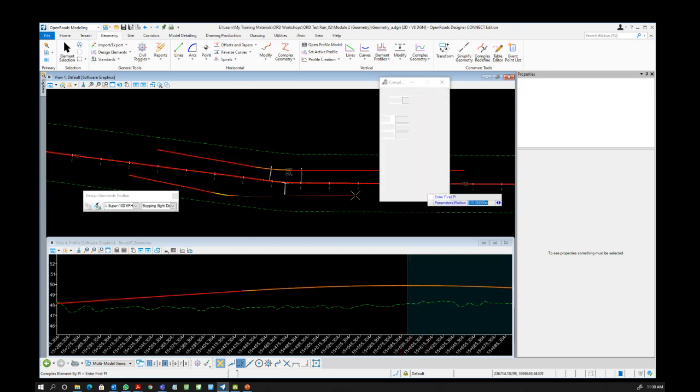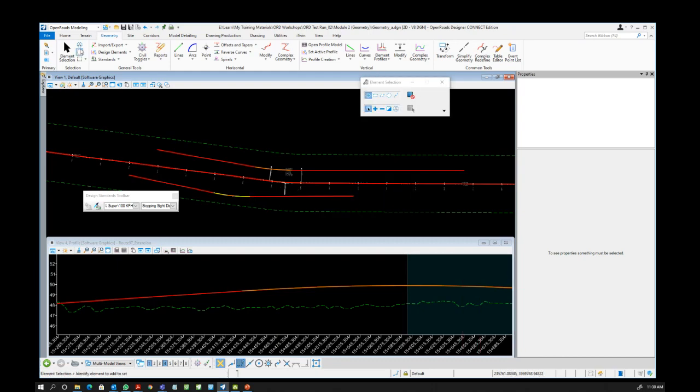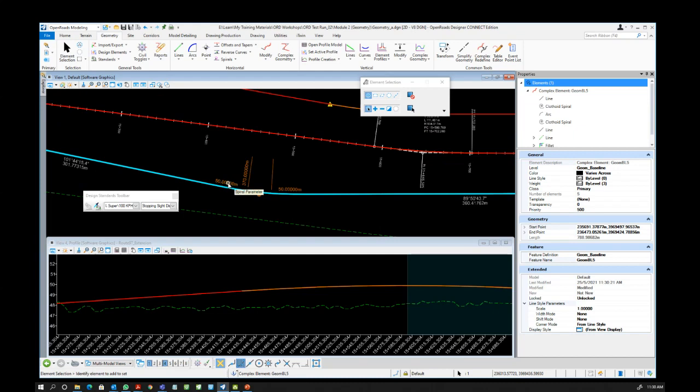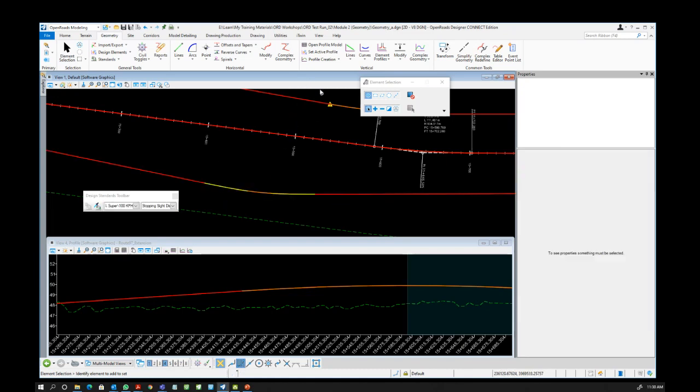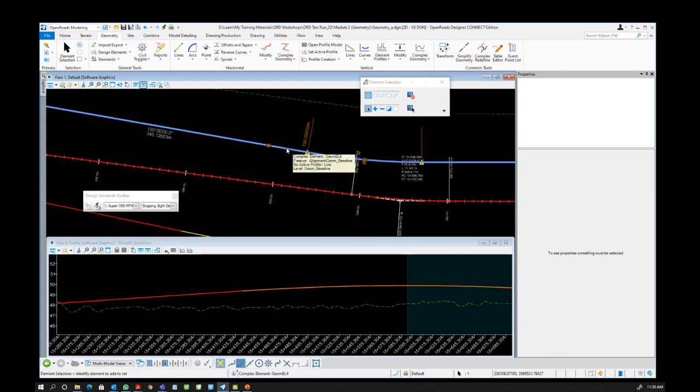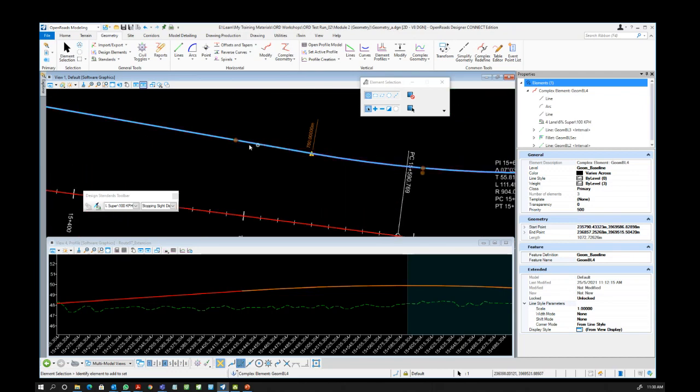Now look here, I now have that 50. So currently my second one has that transition already, and it's spiral because I set it to spiral. But if you fail to add it in,